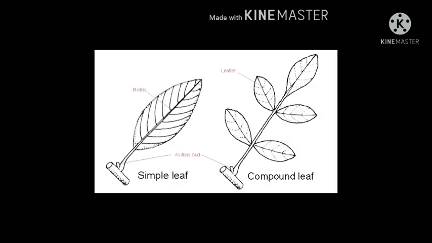Now, there are two types of leaves. One is the simple leaf and the other is the compound leaf. Now, what is a simple leaf? A simple leaf has a single blade. A blade may be entire or cut to some depth but not down to the midrib, as we can see in the leaf of peepal. And in a compound leaf, the leaf blade is cut to the midrib or to the petiole so that the leaf is broken up into a number of segments called leaflets, as you can see in the leaf of rose.